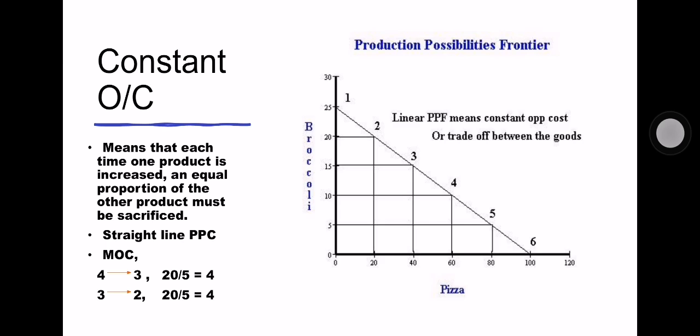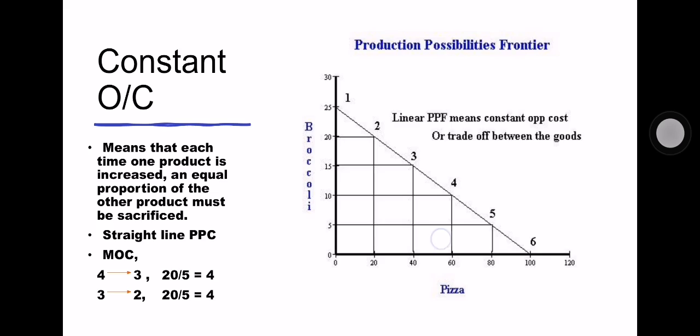Now, for example, we have broccoli and pizza here. Now think, we were producing at point 4. We were making 60 pizzas and 10 broccolis using all our resources. Now we want to increase the amount of broccolis that we need. So we'll be allocating more resources to broccoli and we'll be making 15 broccolis. But then look at what happens. So that means we'll be producing at point 3, which causes the production of pizza to fall by 20, down to 40. Alright, so that was the marginal opportunity cost. The marginal opportunity cost will be, look at this, from 4 to 3.